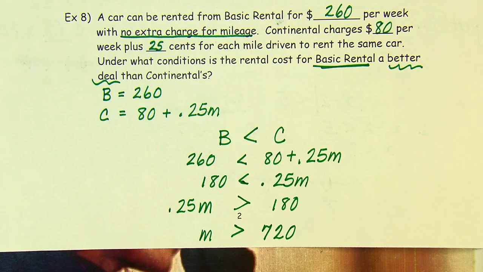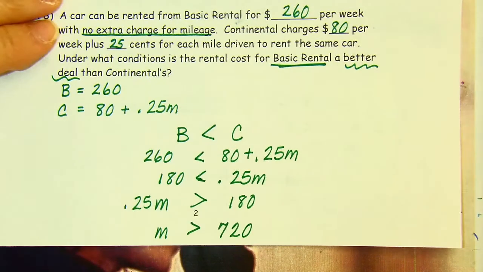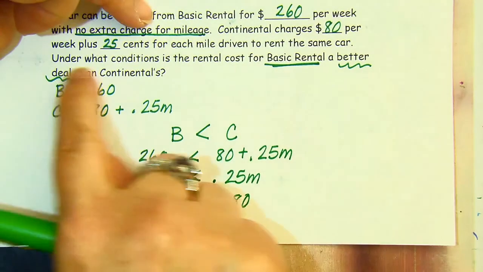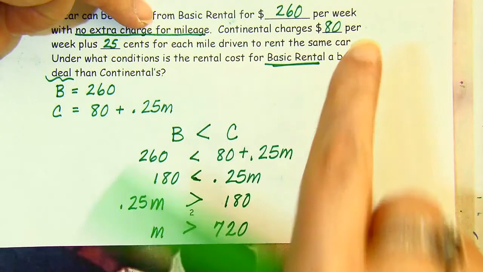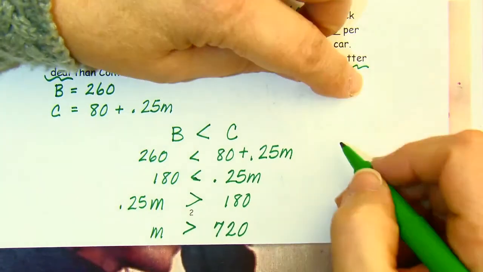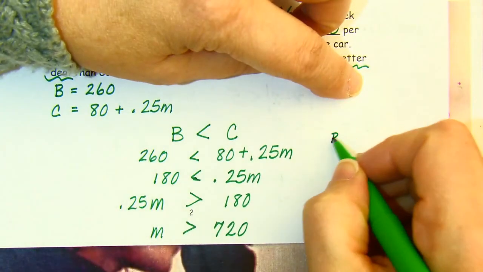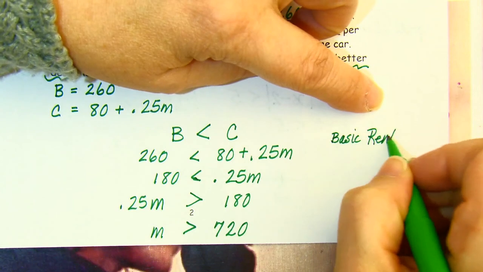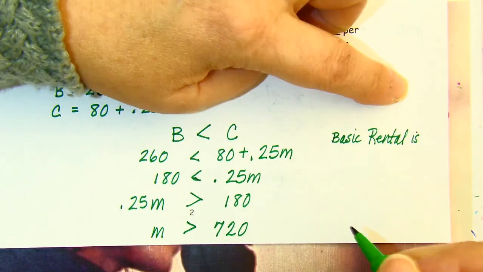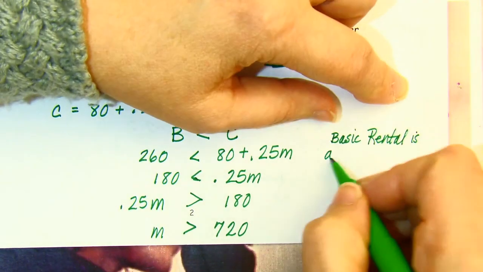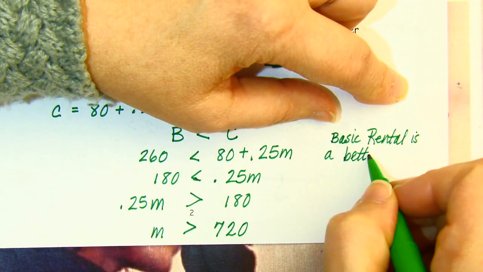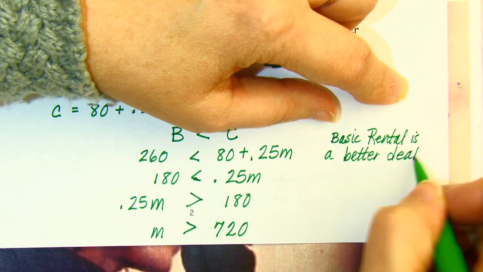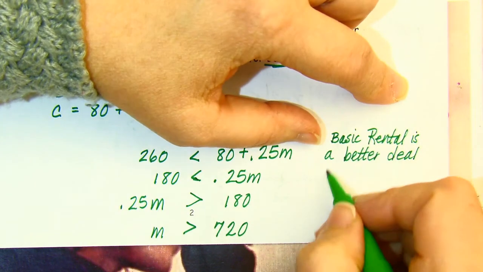Well, you have to write a sentence to describe and give your answer. Under what conditions is the rental cost for Basic Rental a better deal than Continental's? So we would say Basic Rental is a better deal if you drive